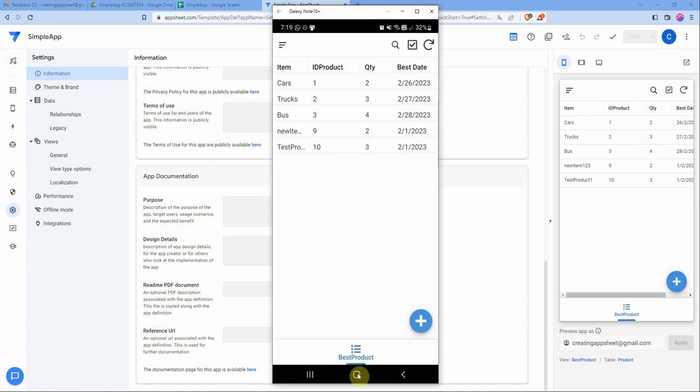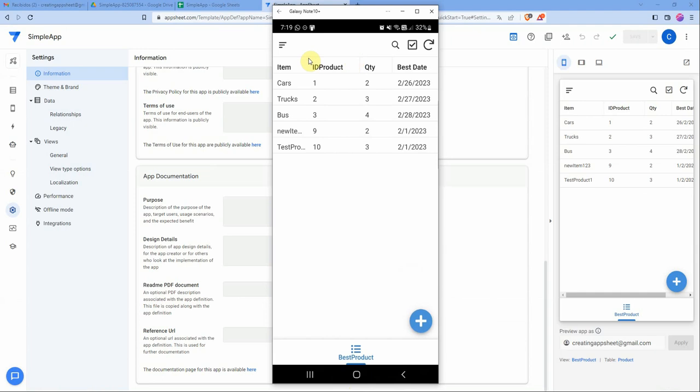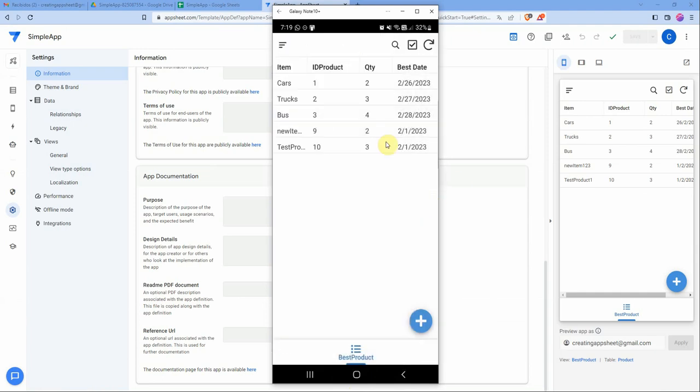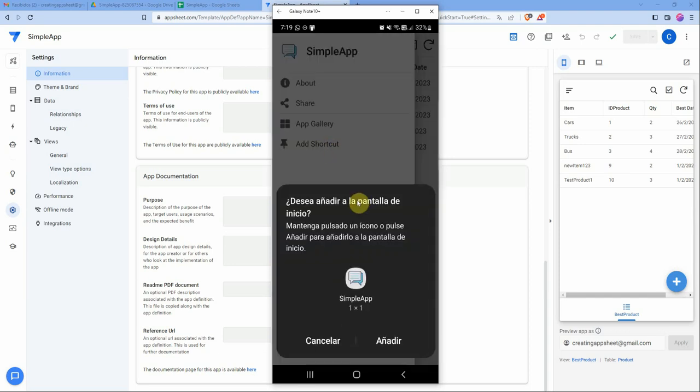So how do we open our application? In theory, we can click on Appsheet, and on Appsheet you go to the menu and you find your application and load it from the menu. Remember that you can have Appsheet with different accounts and each account associated with a different application. In our case, we are going to create a shortcut. So click on Add Shortcut. It asks you to create the shortcut. Click on Add,